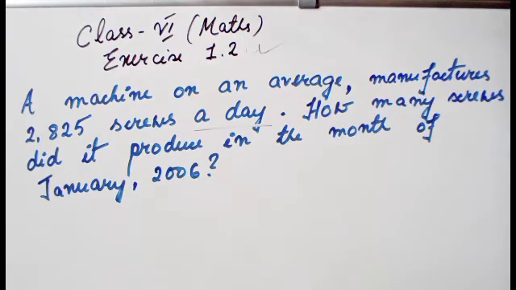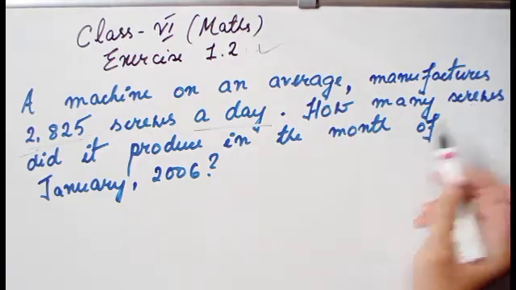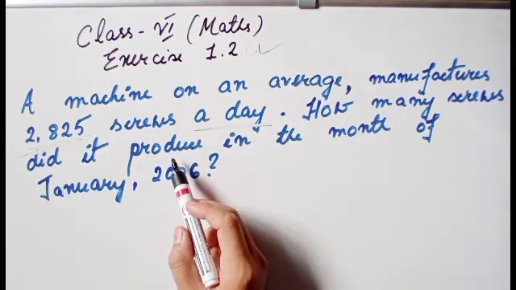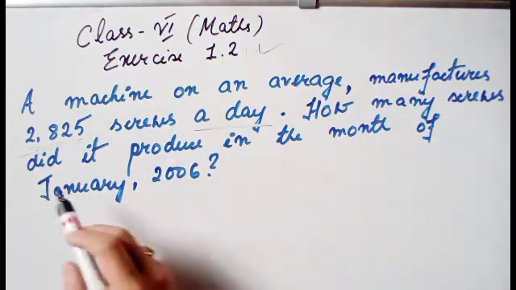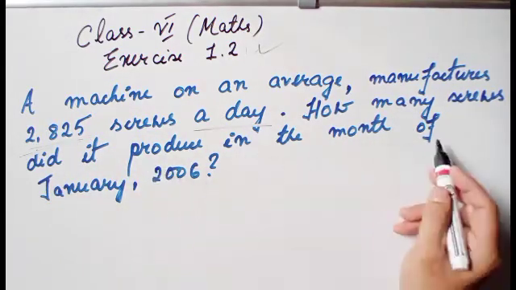Okay, so there is a machine and this machine manufactures, which means produces, how many screws? 2825 screws in a day, which means in one day. The question asks us to find how many screws did it produce. So it refers to the machine. How many screws did it produce in the month of January